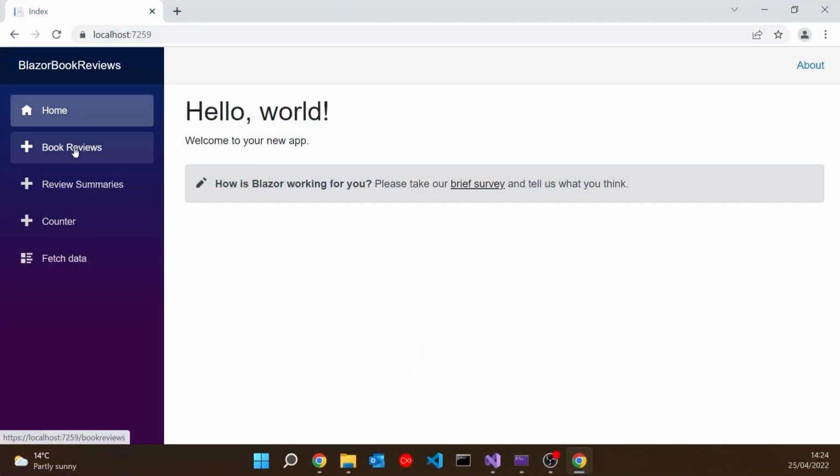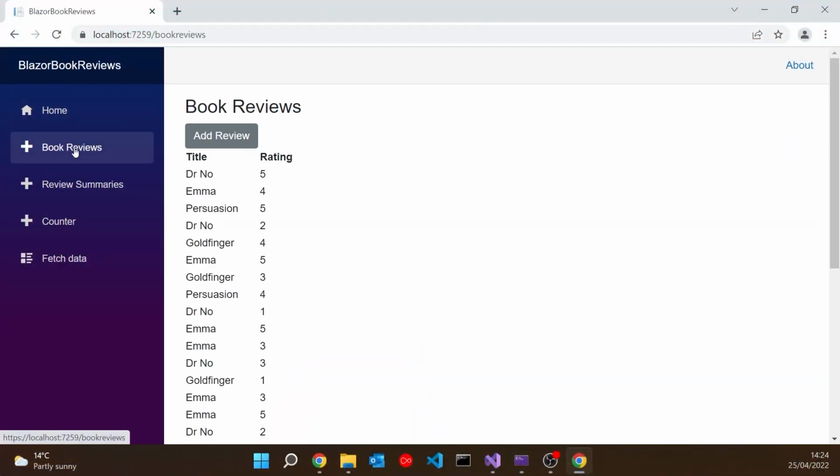And you want to do this easily, so you don't have to do lots and lots of coding, so that with the minimum amount of coding you can switch between the styles. So that's what we're going to look at here. Here we've got, as ever, our Blazor application, and there we've got our list of book reviews that we've been looking at over various videos. What I wanted to do here was, in as simple a way as possible, make it so that we can switch to different styles. We don't want to have to make lots and lots of changes, we just want to have one place, one thing to do, and switch a whole load of styles.